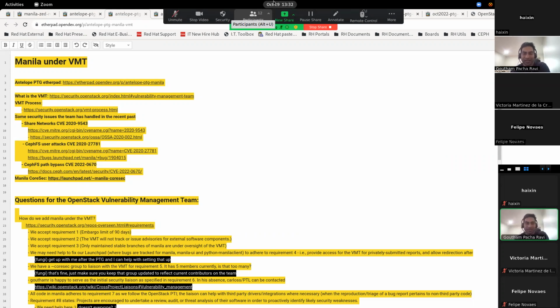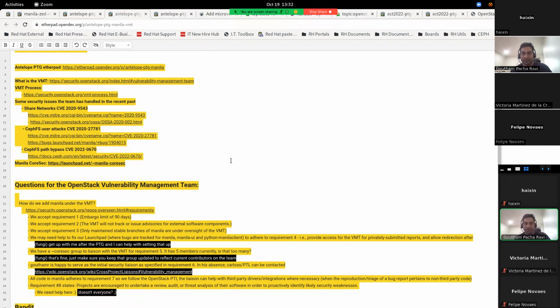If you have issues that you deem could be security issues, that somebody could take advantage of something in your system because something is wrong in the code, whether it's a dependency for Manila, a third-party integration, or the code in Manila itself, you would benefit from opening that issue as a private security issue. That's at least the process that